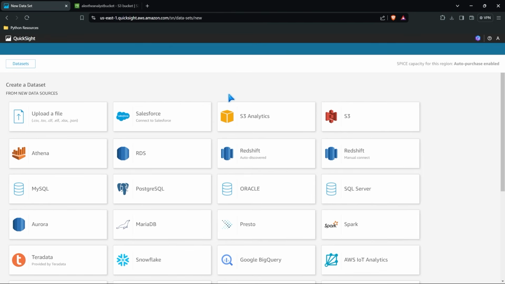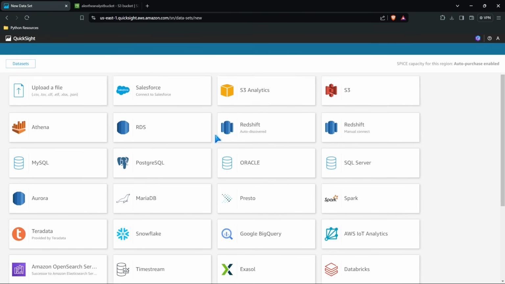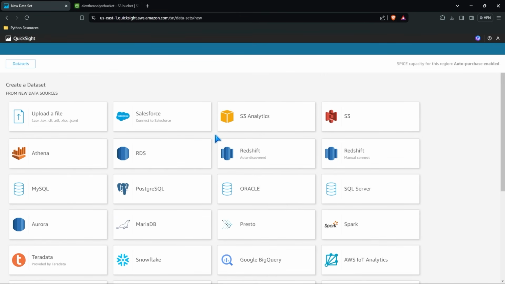If we want a new data set, we just come in here and we specify where we want to pull in our data, whether it's an S3 bucket, or we want to upload a file, or it's coming in from Athena. There's a lot of different places that we can pull it in. There is something up here I just want to note. We're not actually going to be pulling in any data for this. We're going to be using one of their samples just for demonstration purposes. But